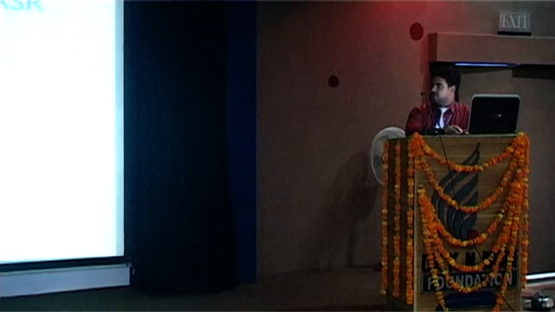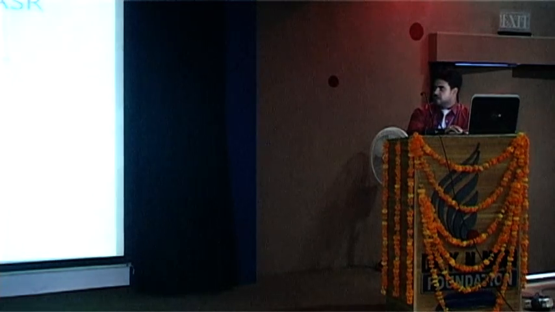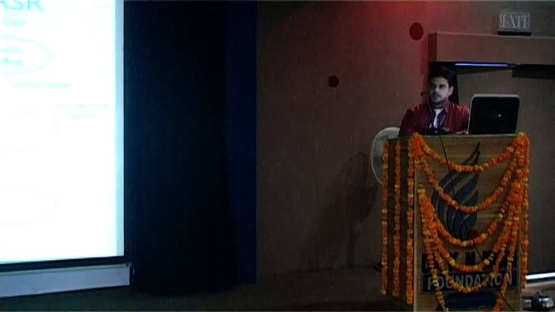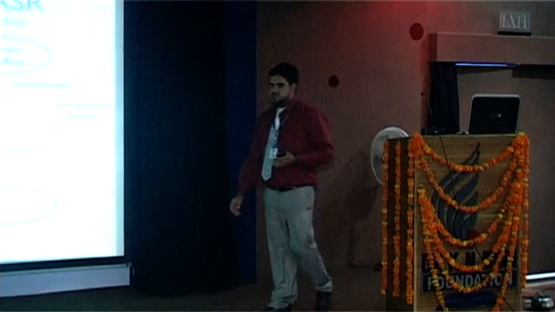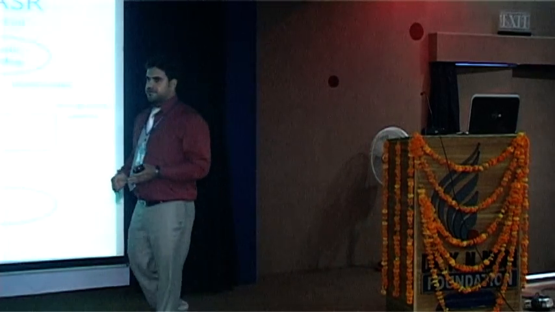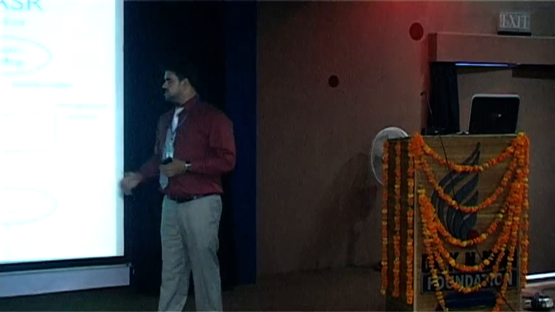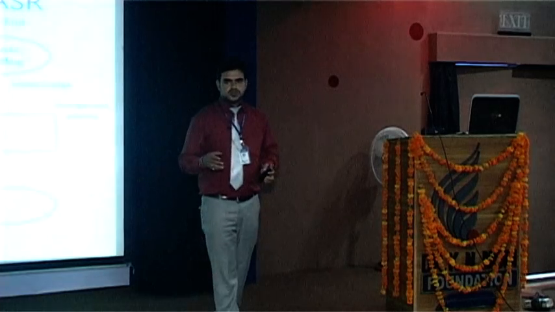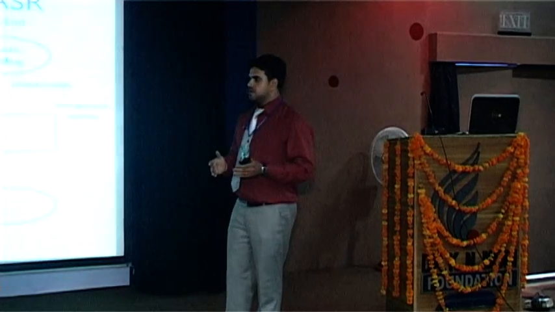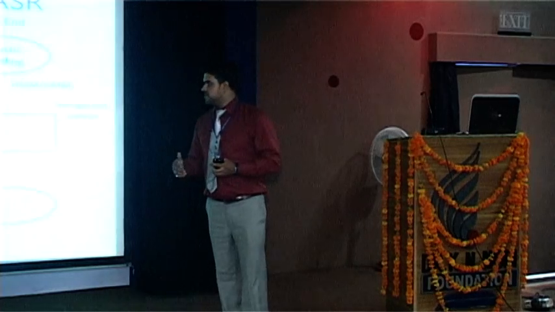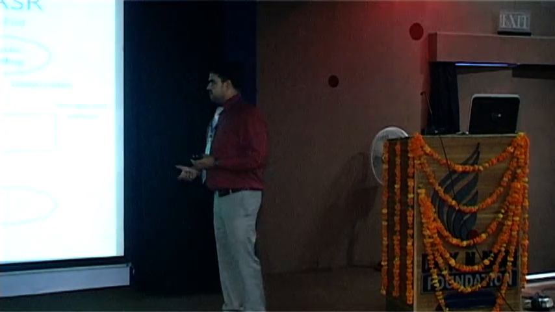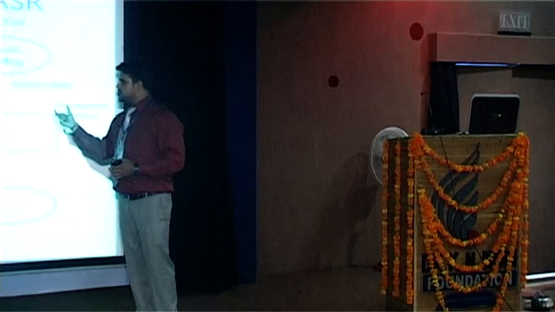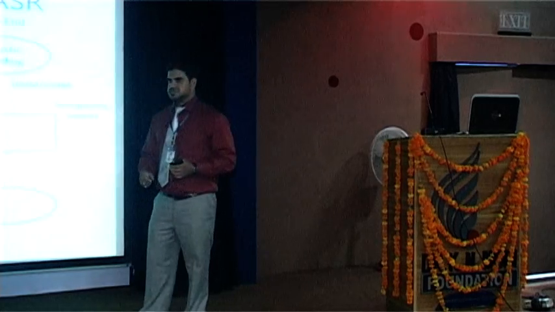The system architecture of ASR is basically divided into 2 parts. The first one is front-end processing, and the second one is back-end processing. Basically, speech is an analog signal, so first we have to convert it into digital form so that we can process it digitally. This work is done in the pre-processing part: analog to digital conversion, noise removal, applying filters, low pass filter, high pass filter. After that, when we get the useful speech signal, we extract the useful information with the help of the feature extraction process.